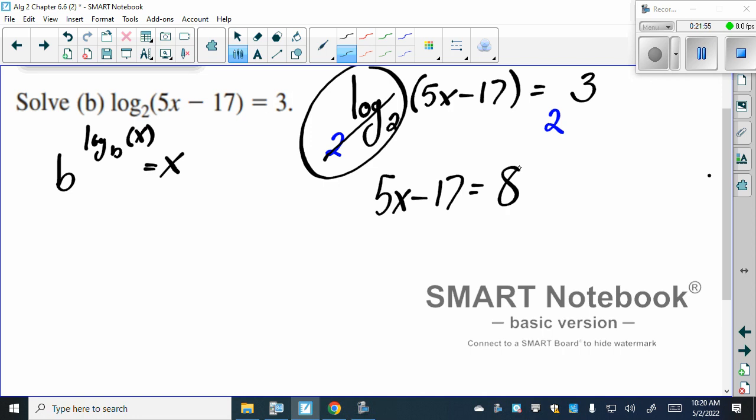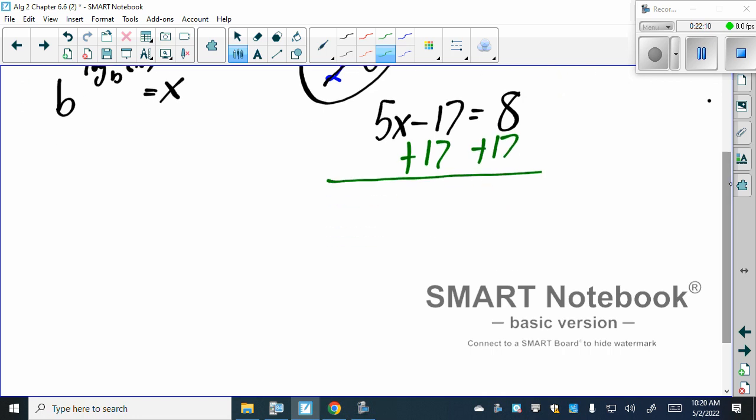Any questions on how we got to this point here? It's all for x. So the first thing we can do is add 17 to both sides. And if we add 17 to both sides, we will get that 5x equals, and last but not least, we need to divide both sides by 5, telling us x